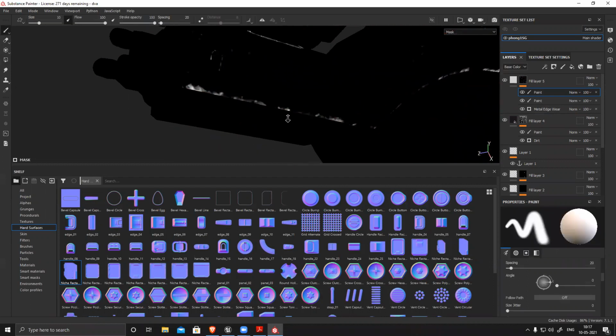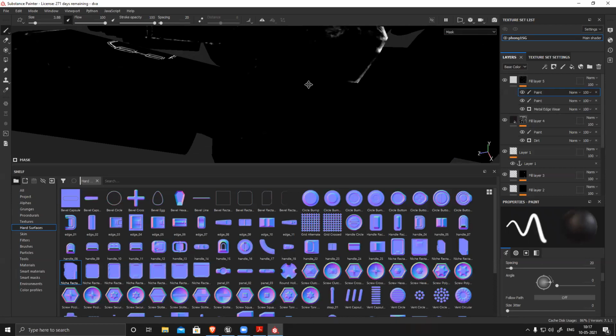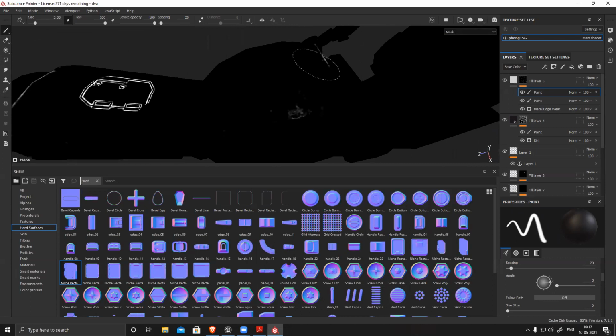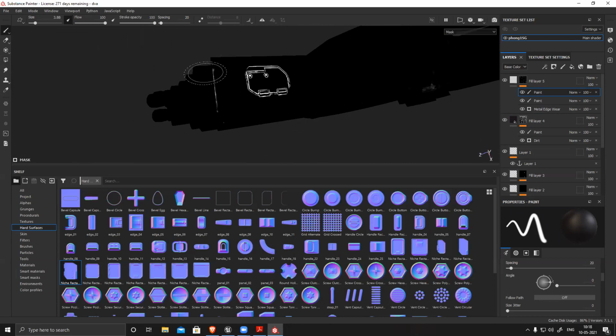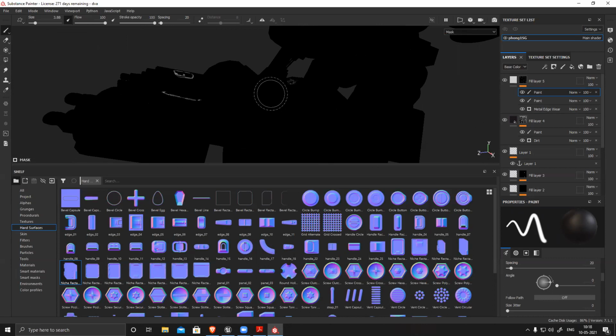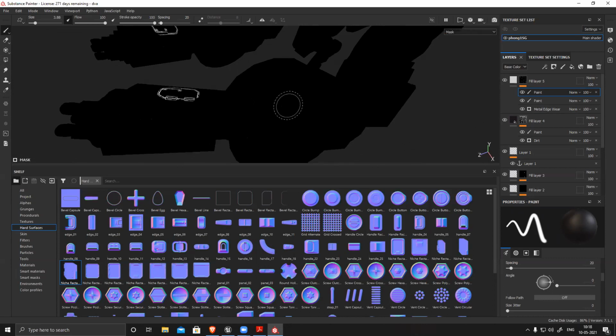Now, to remove this, press X, make it black and paint black. You get rid of all those things. So whenever you're using the paintbrush, try to generate everything with the help of a generator, and then remove it. For masking it out, use paint. Do not try to paint manually unless it's really required to get your desired result.